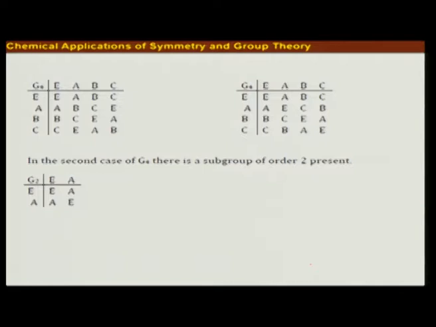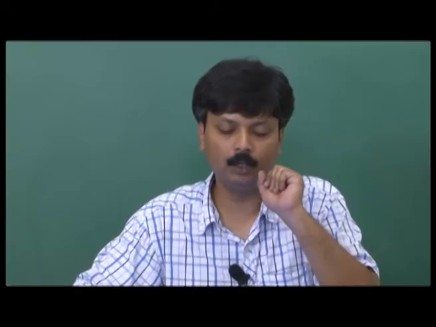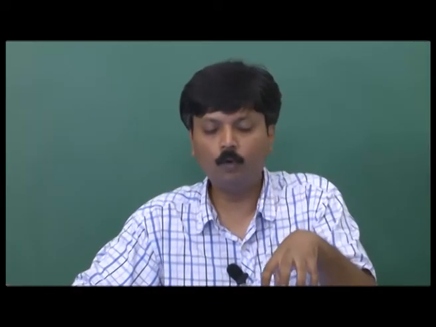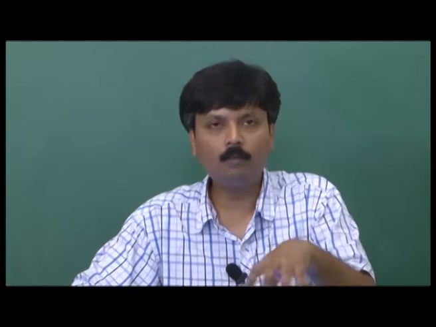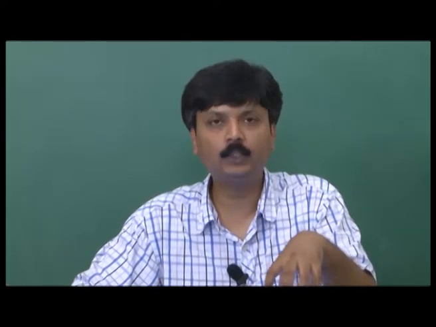On your screen you have two different sets of group multiplication tables for a group having order 4, that is 1 and here is 2. Now you can see that these two are two different group multiplication tables. So you can actually form more than one type of group multiplication table for certain orders. G4 is an example.